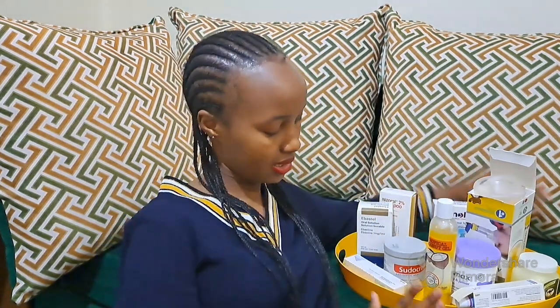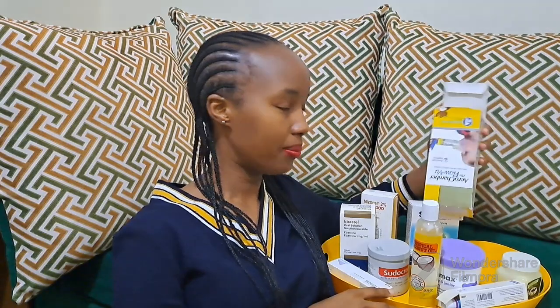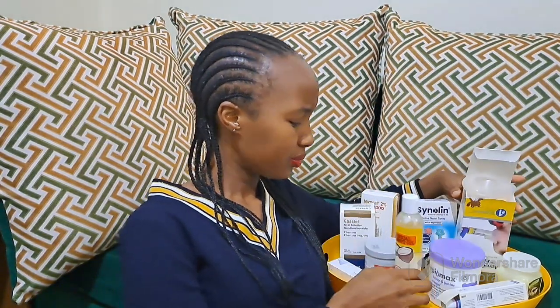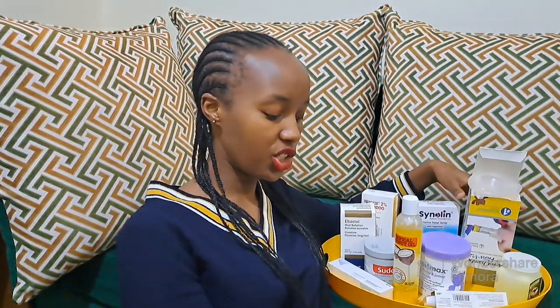So I'd like to emphasize again, eczema is a condition that babies are born with, and it's our responsibility as parents to make their life as comfortable as we can afford. These things, to be honest with you, are very expensive. As for me, most of these things have been covered by her medical insurance. Like this is very expensive, you know. This oil that she uses monthly is very expensive. Her showering